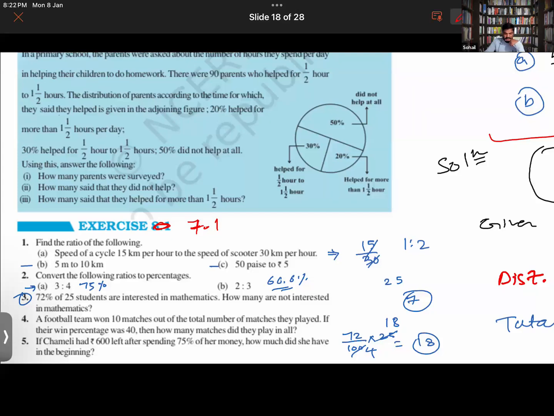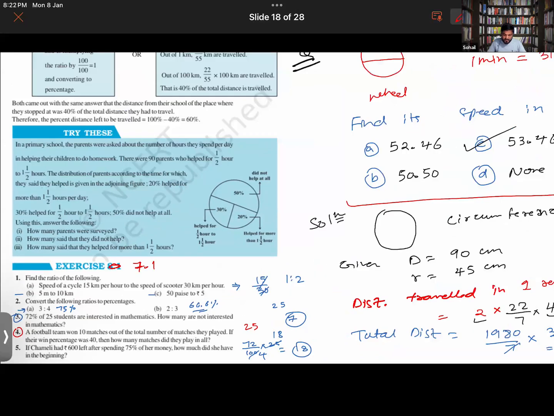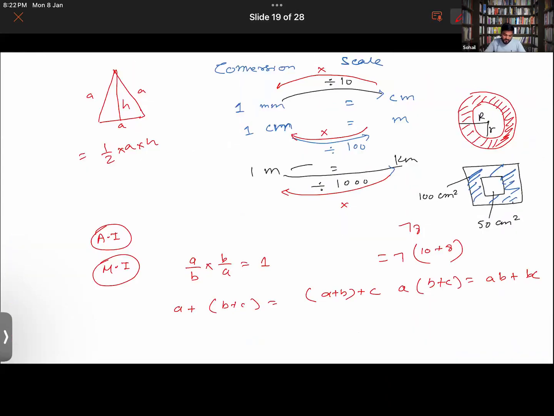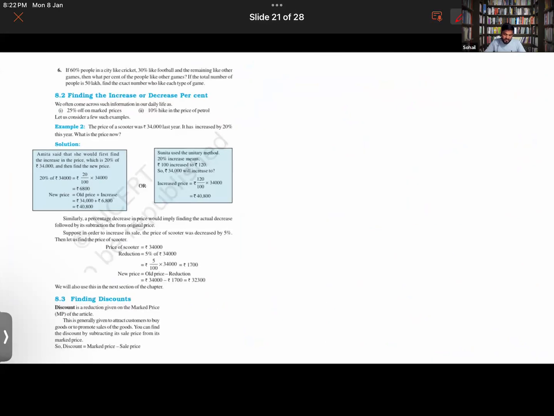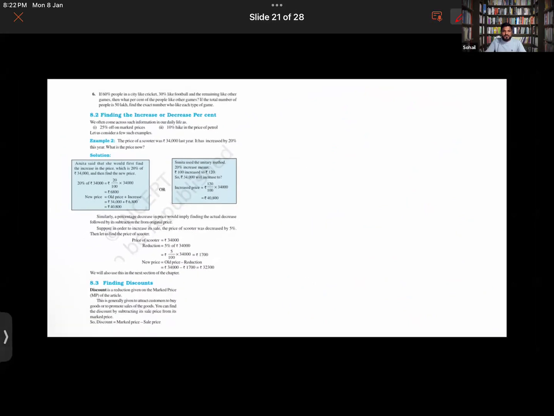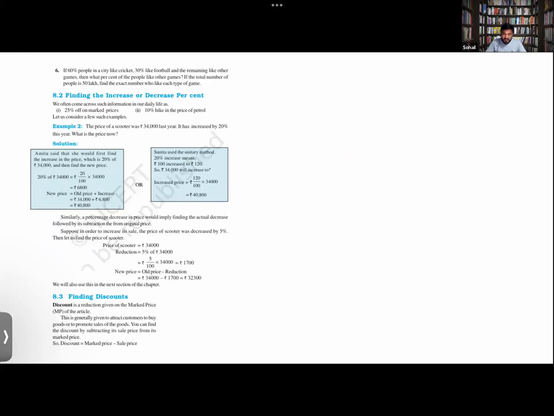Okay, question number 5. I think the answer you are getting is wrong. By the way, question number 4, both of you got 25, that is very good, that is correct. Okay, now. I'm still on question number 5. Okay, you are still doing this. So you do this one while I check. What answer are you getting? At the beginning, 800 rupees. Okay, first let's get done with this question, then we'll move to question number 6.